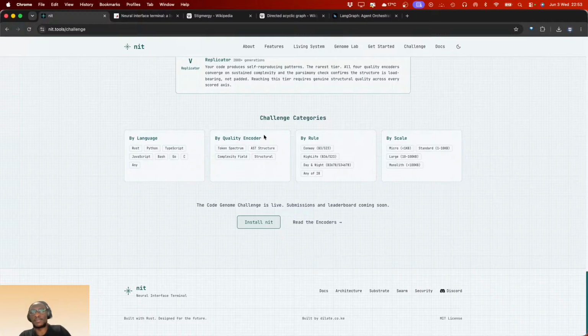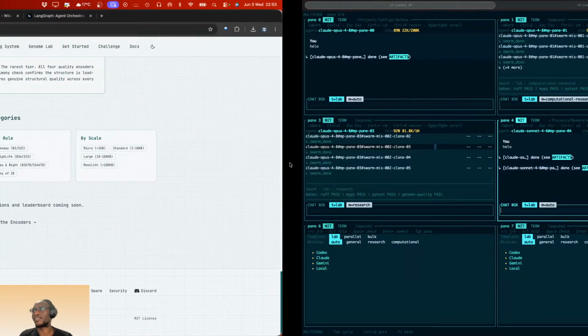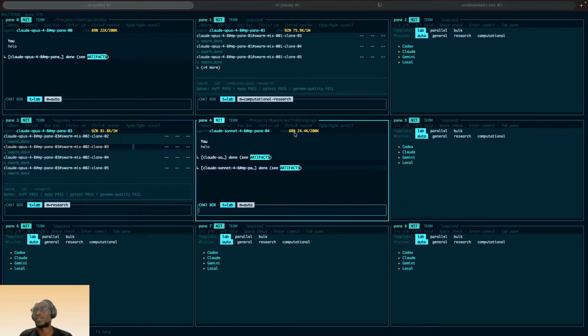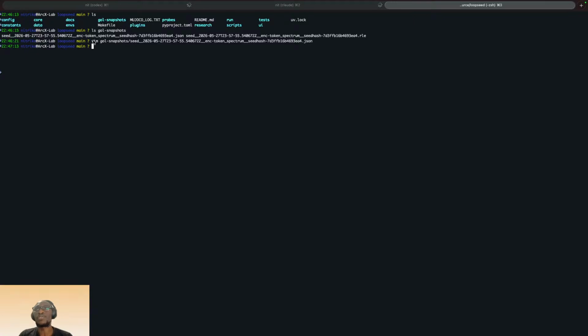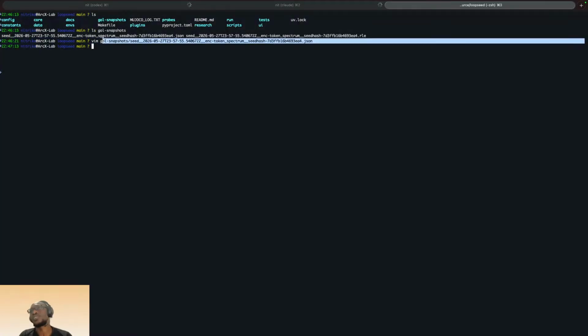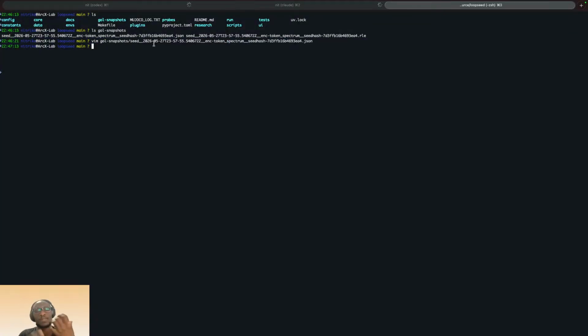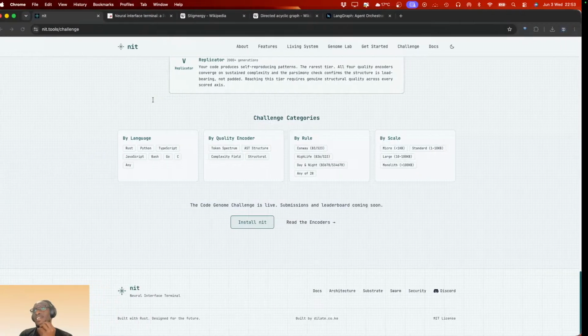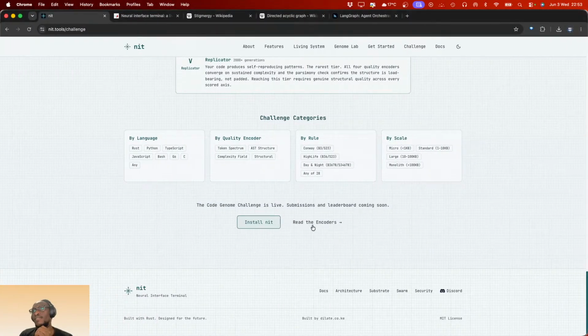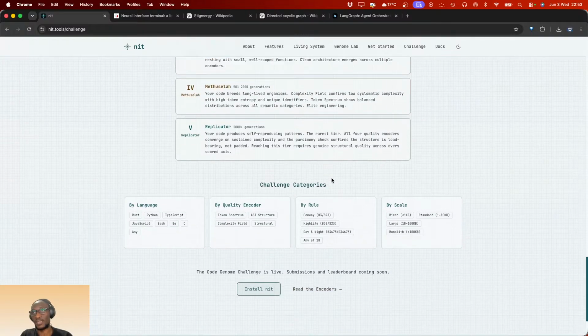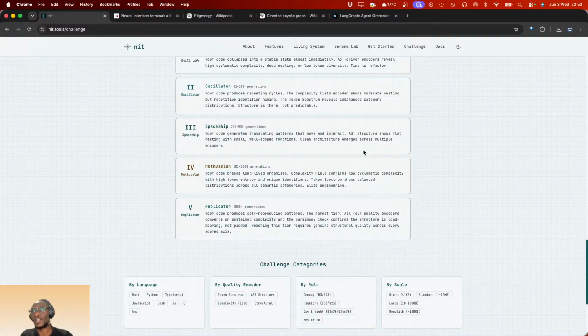This will be a way for people to share their reproducible hashes, like what we saw here. If you run a snapshot and find interesting structures, you can share those structures via this challenge, and maybe your code as well,